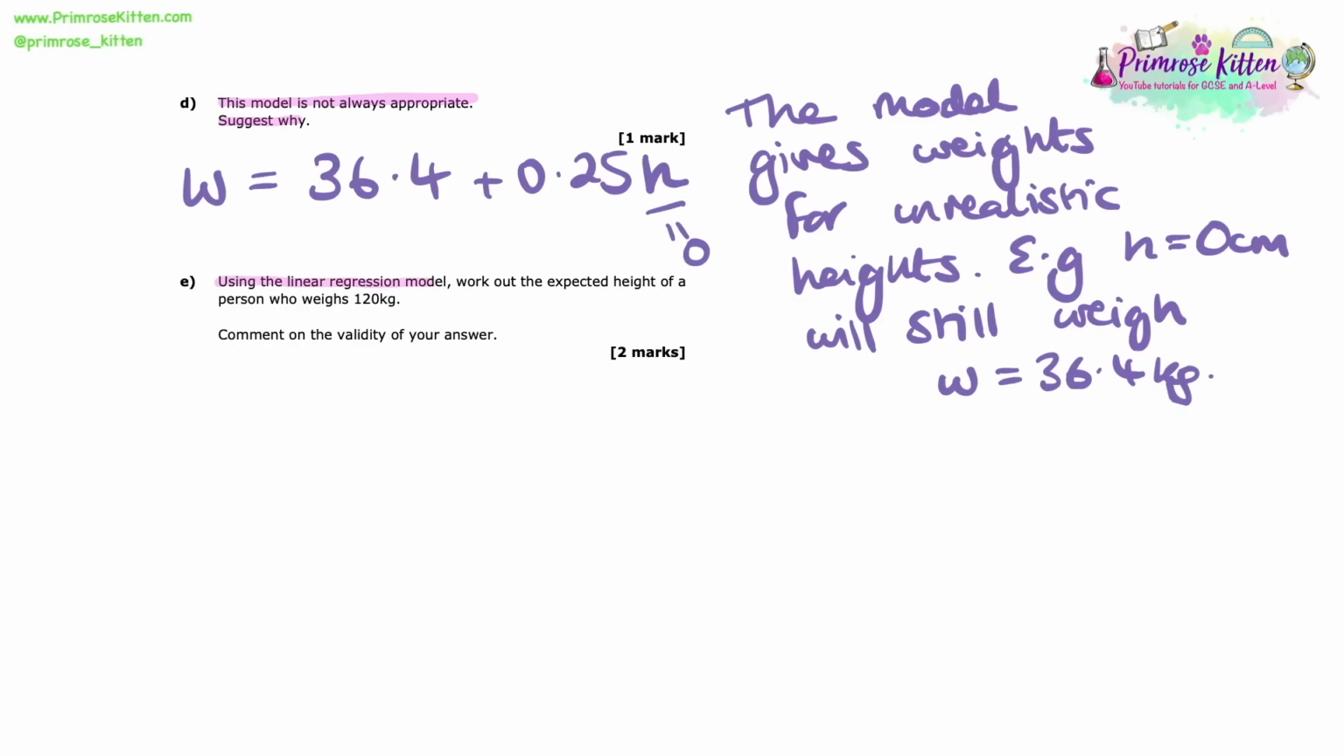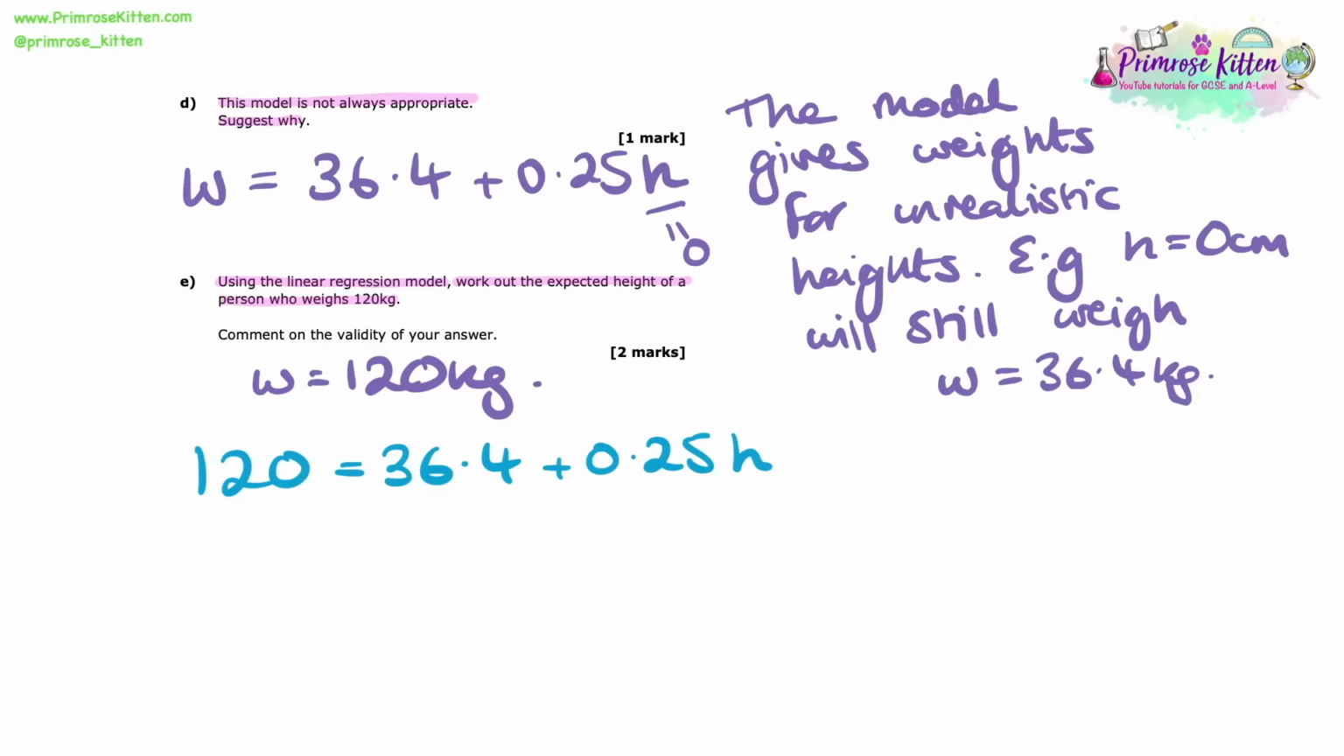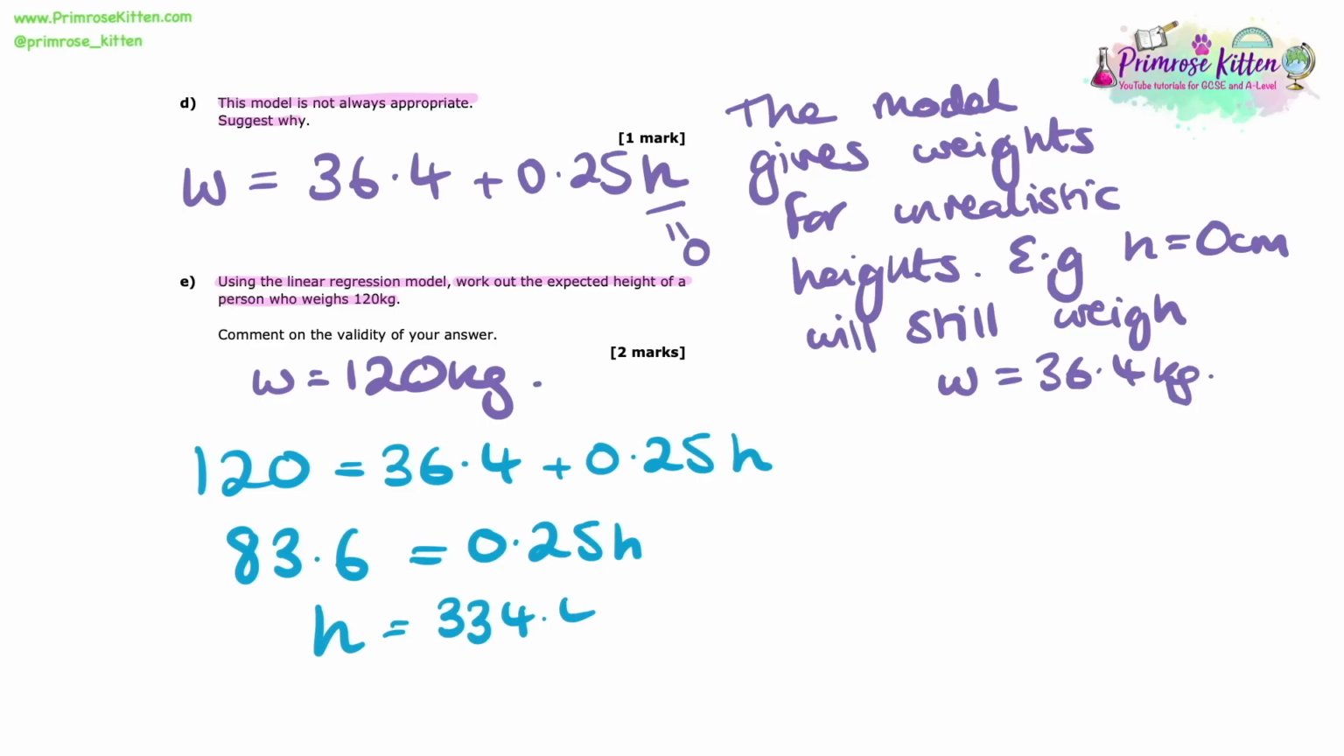So now for part E, using the linear regression model, work out the expected height of a person who weighs 120 kilos. Comment on the validity of your answer. So here we know that W equals 120. And using the model of W equals 36.4 plus 0.25 H, we can substitute that in. That gives us 120 equals 36.4 plus 0.25 H. Now, if I rearrange this and I subtract the 36.4 from both sides, I get 83.6 equals 0.25 H. Now, if I divide through by the 0.25, I'm left with